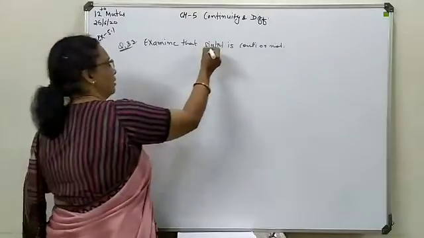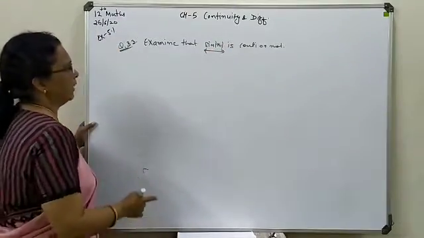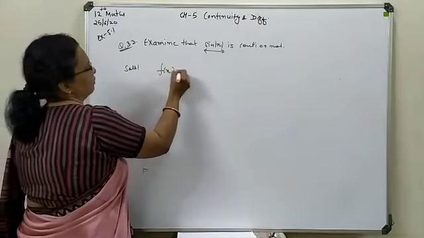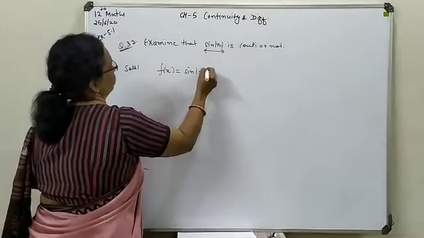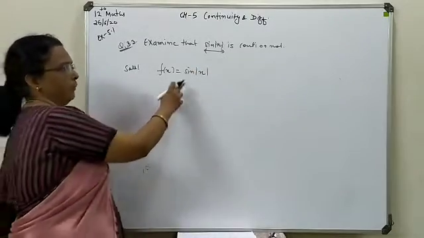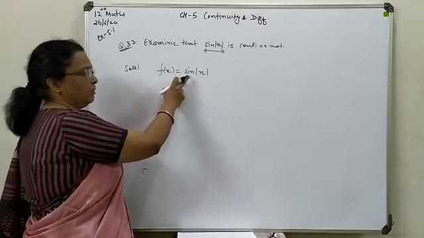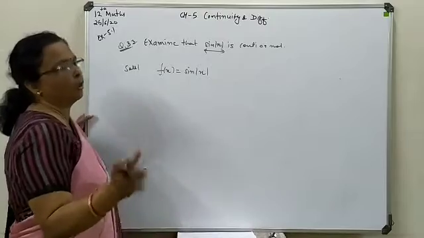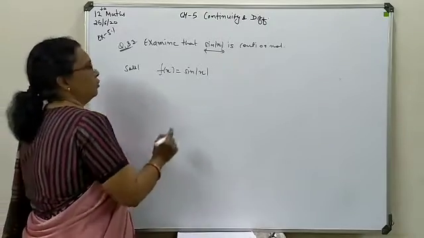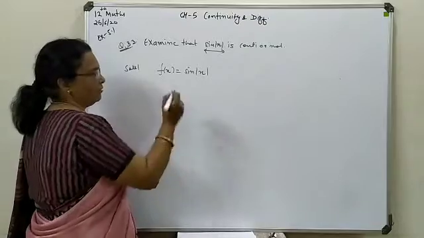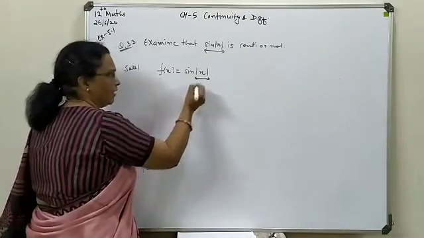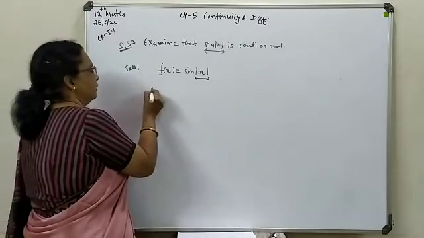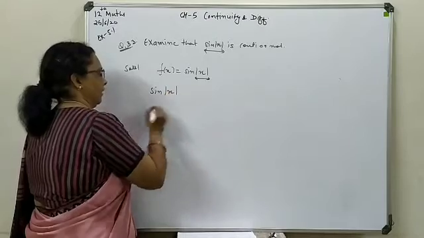If your questions are written in this type of combined form, first of all you write your question as f(x), then study the given function in such a way that it can be expressed in composite form. Composite form means a combination of two functions. Whenever we are dealing with a composite function, first we discuss the inside function and then come to the outside one. So here we have sine of absolute x.